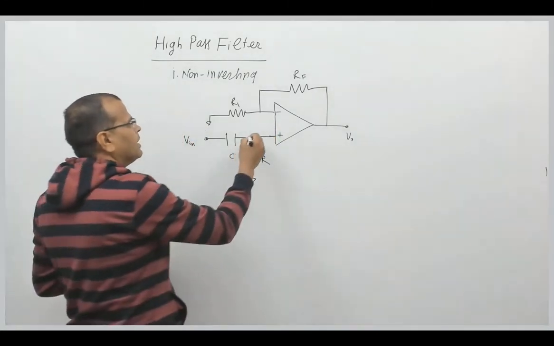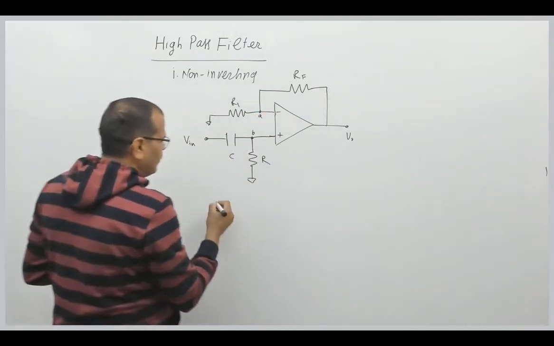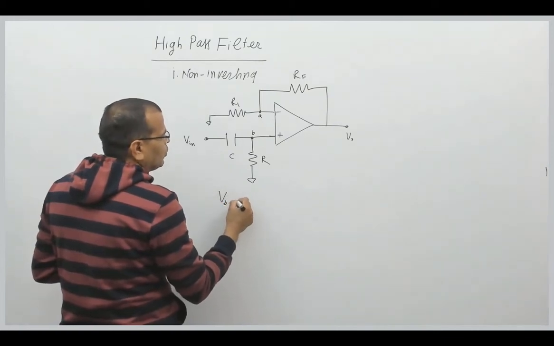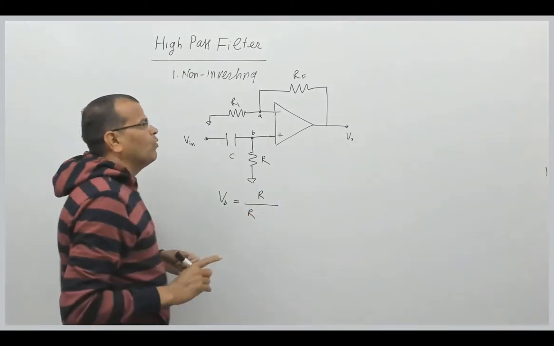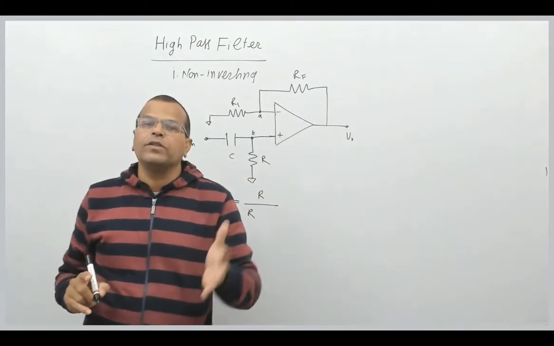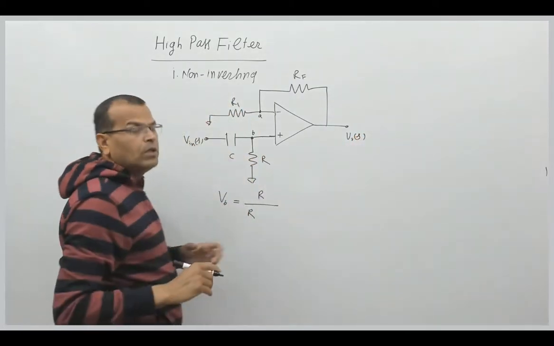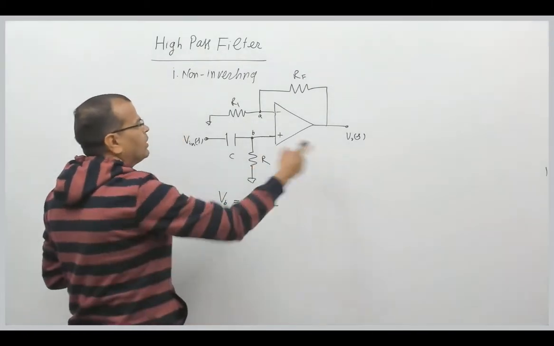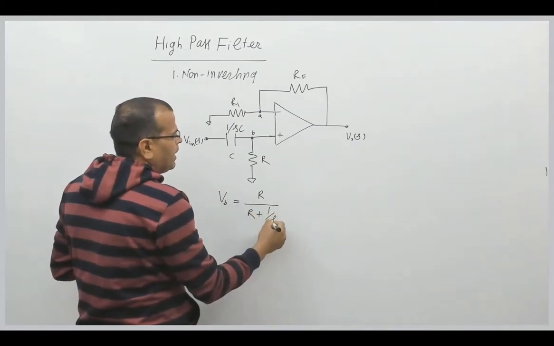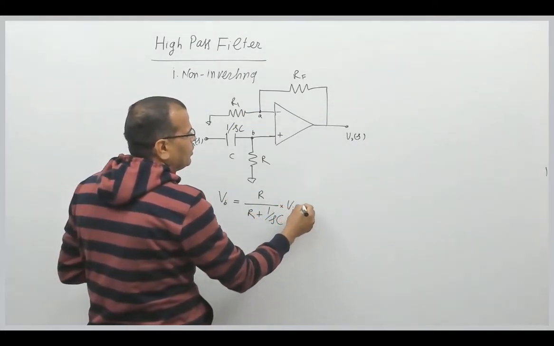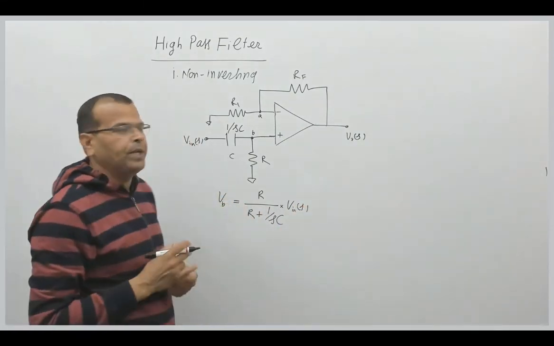If you take this voltage, say this is node A, this is node B, so I can write the expression of voltage at node B directly. That is equal to VB is equal to what? R divided by R plus, now when you talk about the analysis of the filter, you can take either S domain or you can take j omega domain, means frequency domain. If you take S domain, so impedance of the capacitor is 1 by SC, so this will be 1 by SC, right? This is input, of course, that is in S domain, that is voltage at node B, right?